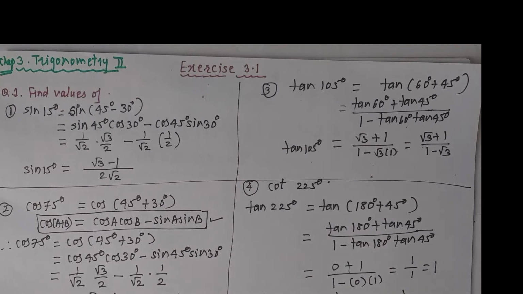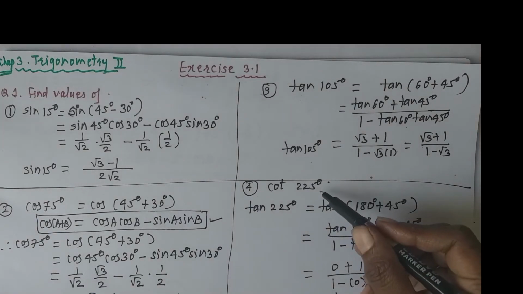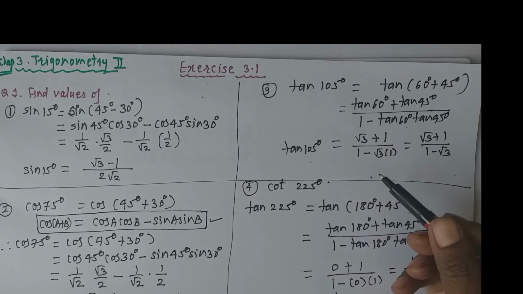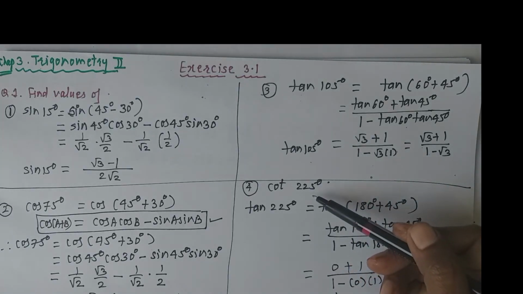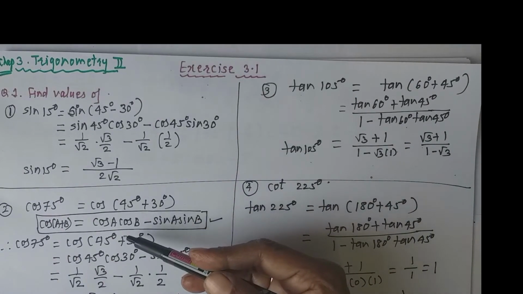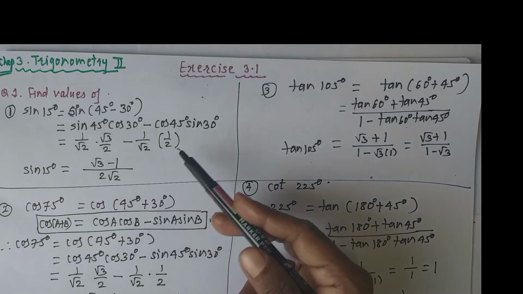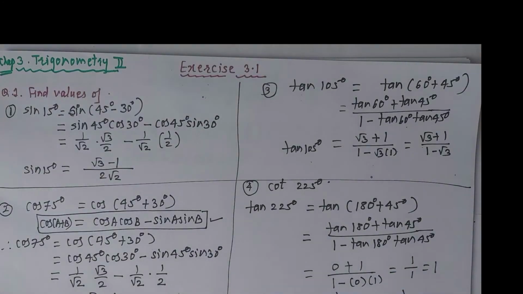Means here you have to only remember the formulas of sine, cos and tan for a plus b and a minus b. No need to remember the formula of cot, sec and cosec. If you take the reciprocal of tan, you will get the value of cot. If you take the reciprocal of sine, you will get the value of cosec. And if you take the reciprocal of cos, then you will get the value of sec. Therefore, only remember the formulas of sine, cos and tan.